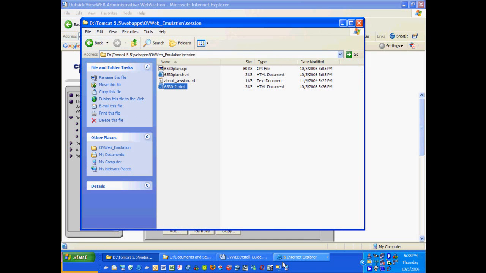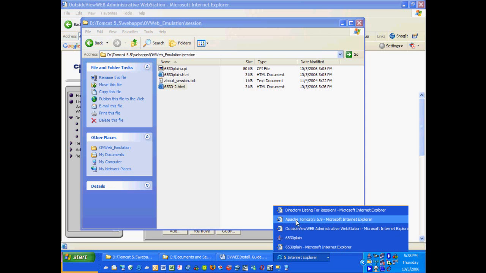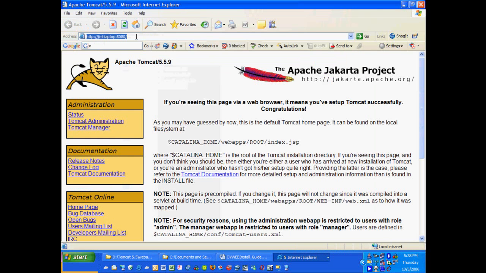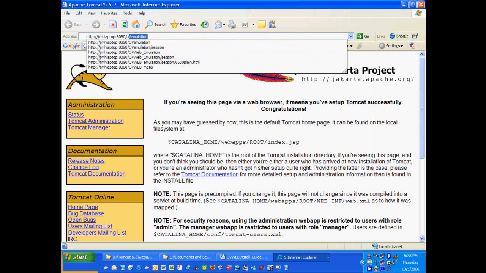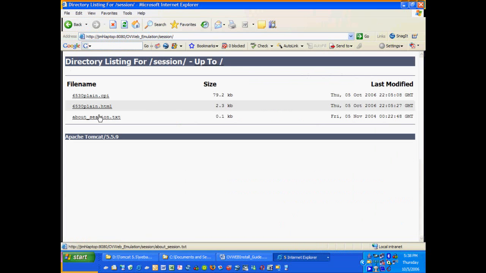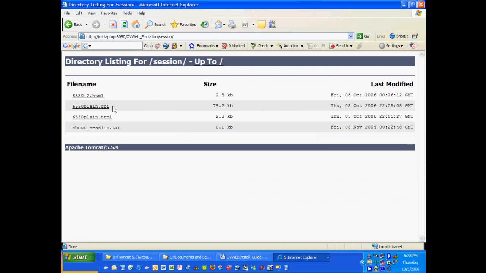Now if we go back to our Tomcat, OutsideView Web Emulation session folder, we see the new startup file,